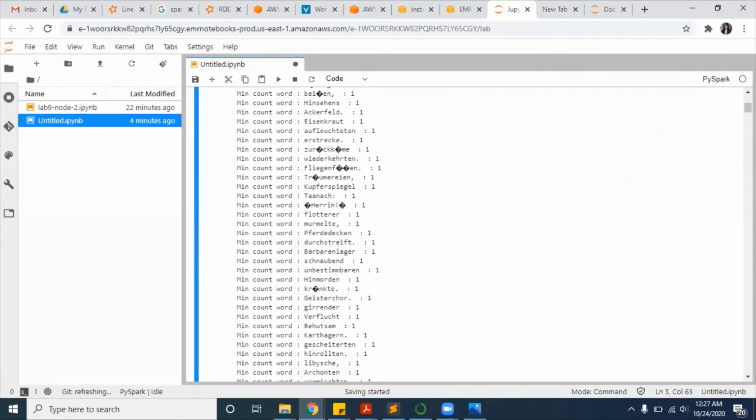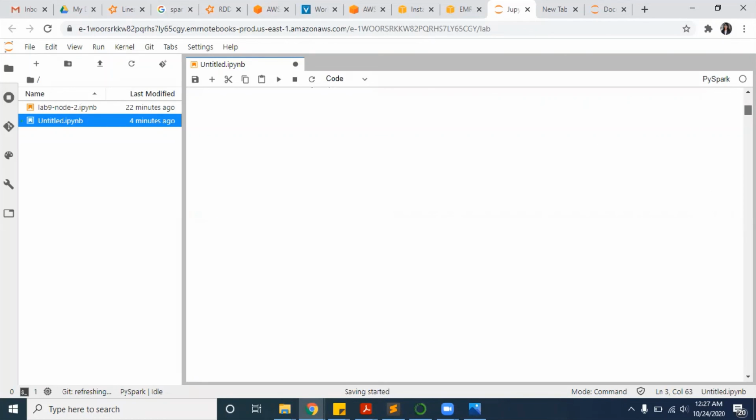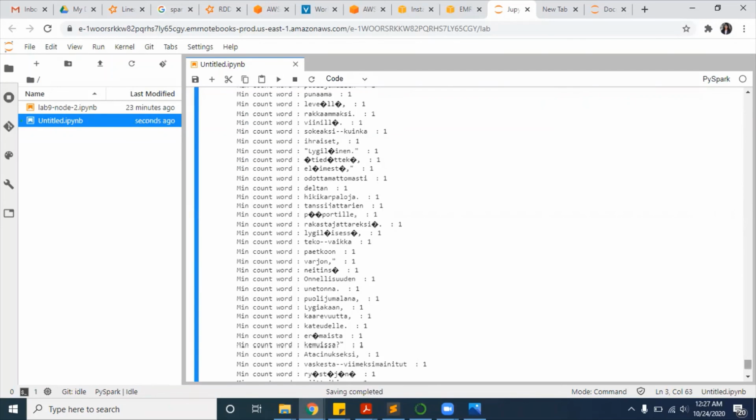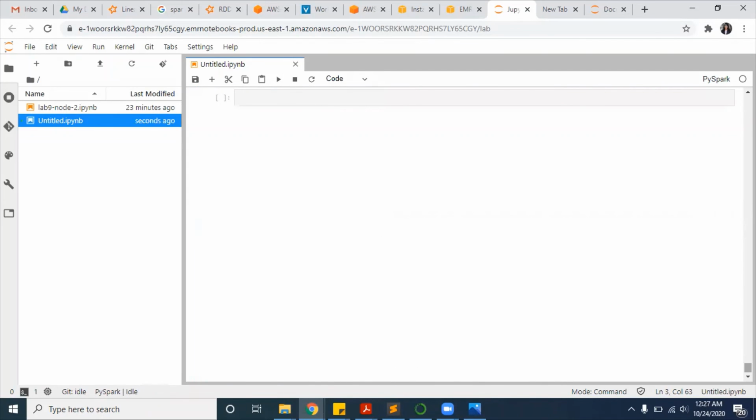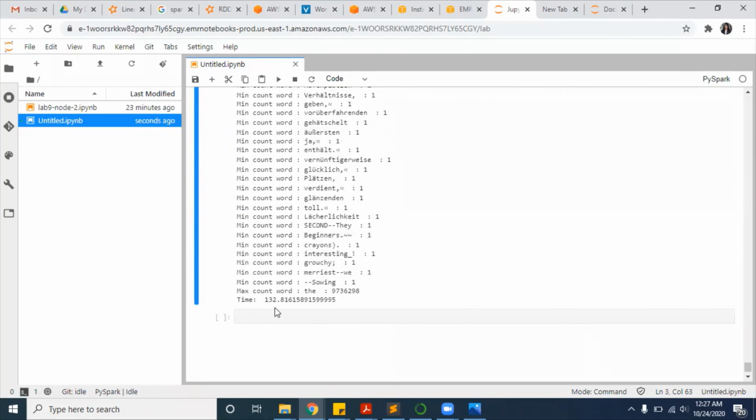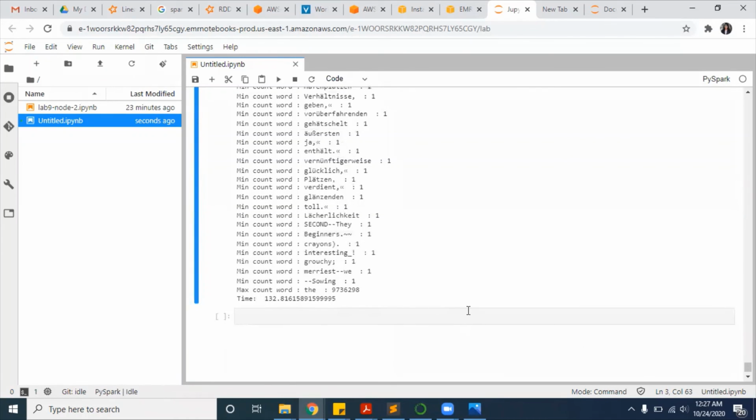So here we can see the output of word count for 2 nodes. It is taking 132 seconds to calculate the word count. Maximum word count is the